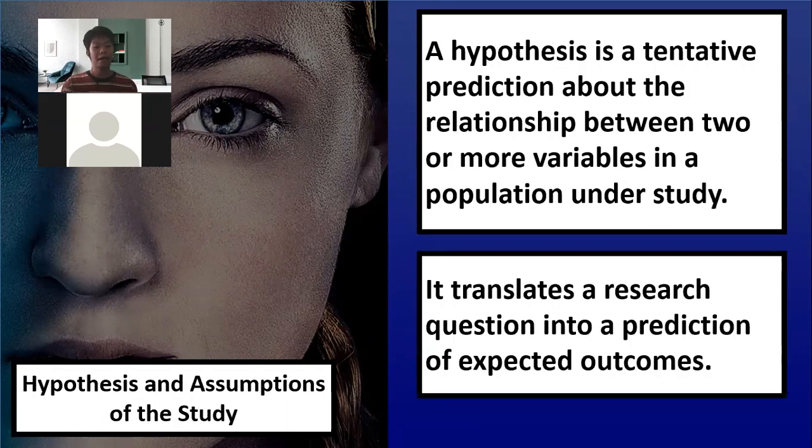Next one, the hypothesis and assumptions of the study. A hypothesis is a tentative prediction about the relationship between two or more variables in a population under study. It translates a research question into a prediction of expected outcomes. After you observe something, you formulate a question or something that can be proven or not. Then yung hypothesis. And your hypothesis can be used in order to formulate your statement of the problem or the research questions. Halimbawa,